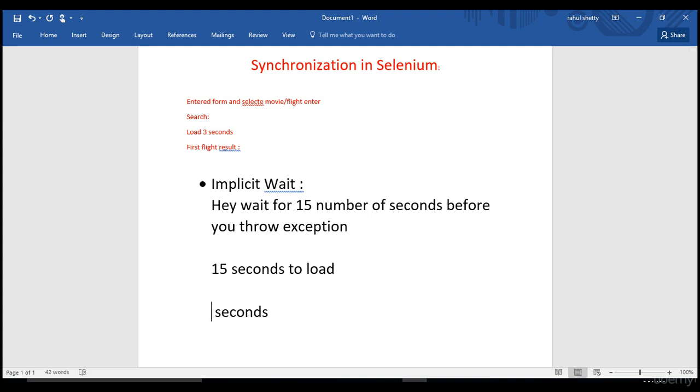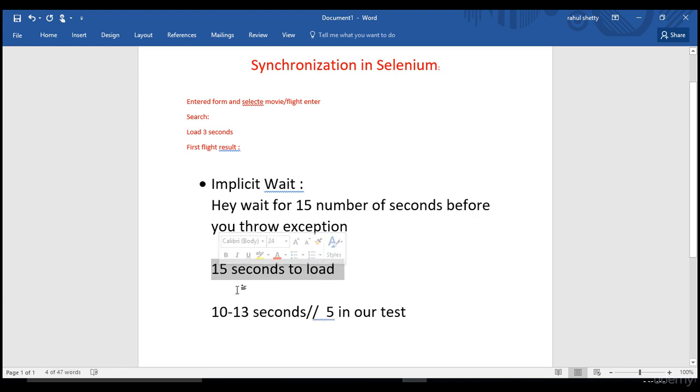But let's say there is some glitch in your website and every city is also taking 10 to 13 seconds to refresh the results. In that case, our script is still successfully passing, even if a city takes 10 to 13 seconds. But as per our load scenarios, our QA manager told us the maximum is 5 seconds to load. That's the reason we put 5 in our test. But due to this single test case in our entire application, which is the culprit, because it takes 15 seconds to load the entire country results,